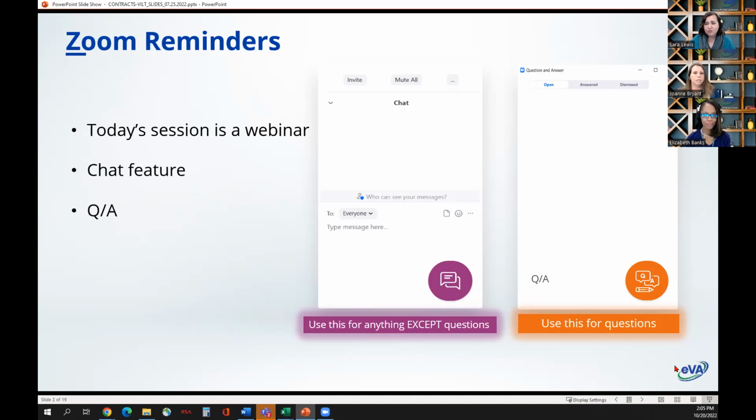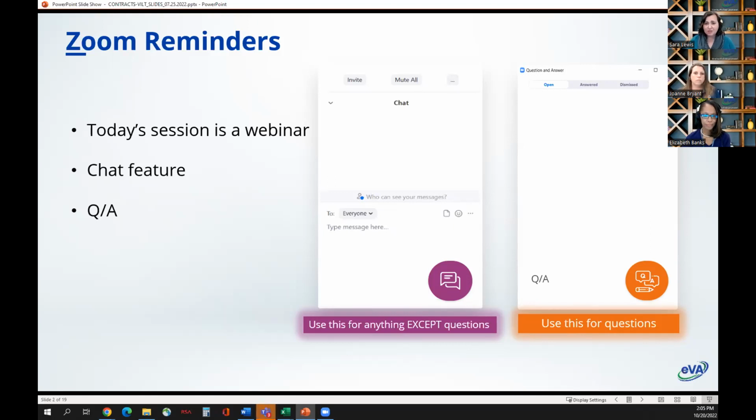However, there are still two ways that you can interact with us today. The first one is the chat feature, which you all have been using beautifully to say hello to us as you join today's session. Please continue to use it for that purpose. There's also going to be 2 times today where you're asked to provide some feedback, and the chat is where you will want to do that. And our awesome co-trainers will remind you of that when we get to those parts of today's presentation.